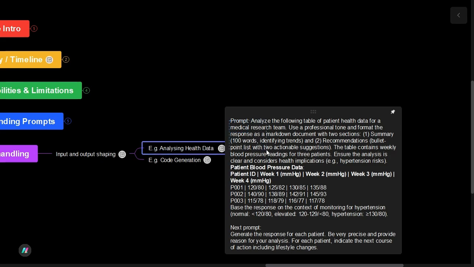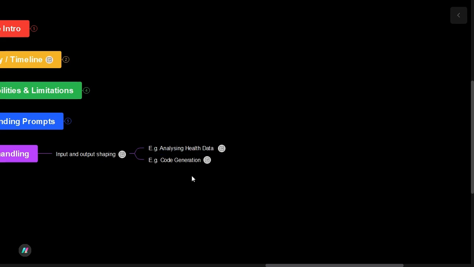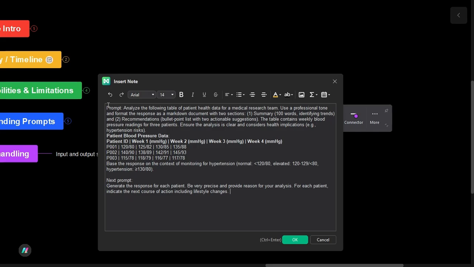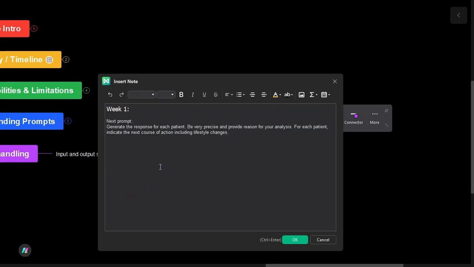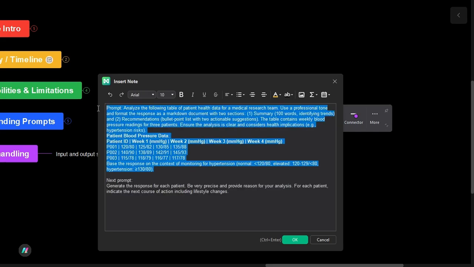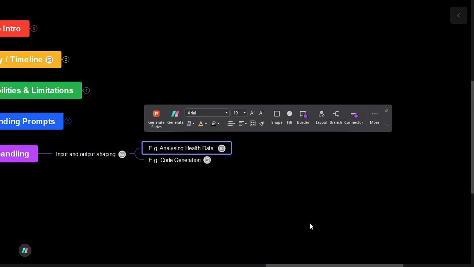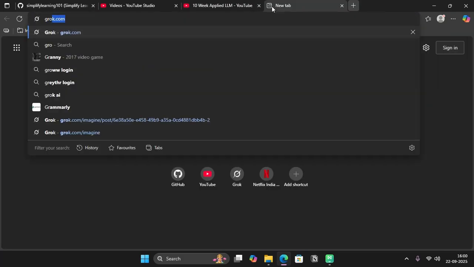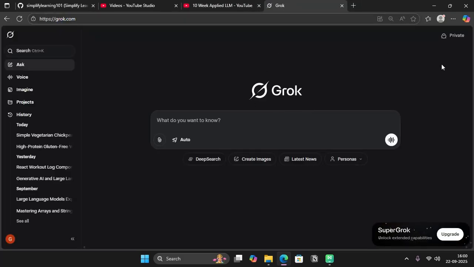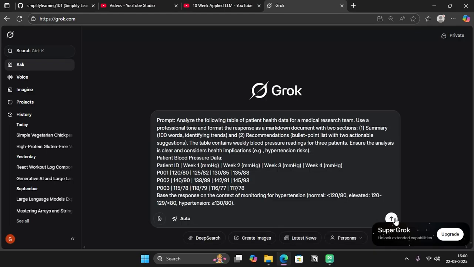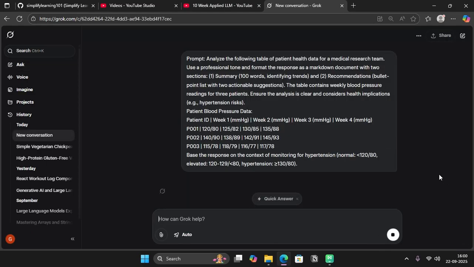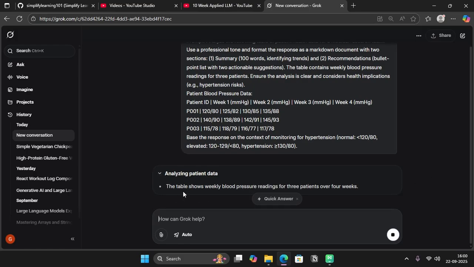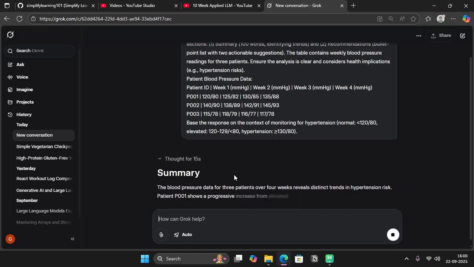And if I take this, for example, okay, I can't copy here. I will try to edit this and copy here. So I'll take this whole prompt and let me see how it's going to look, let's say in Grok. Okay, I'm giving the prompt, and let's see, it's analyzing the patient data, and it has recognized that the table shows weekly blood pressure readings for three patients. And the prompt requires, okay,